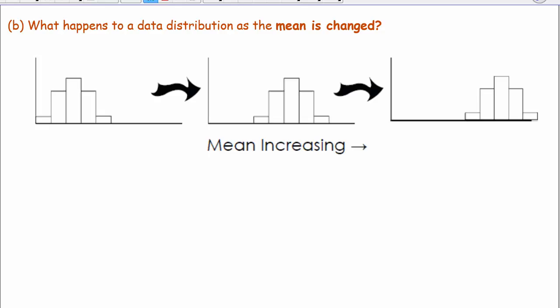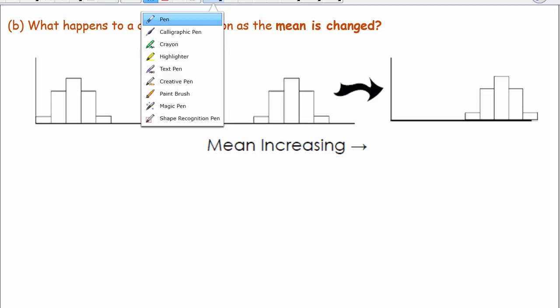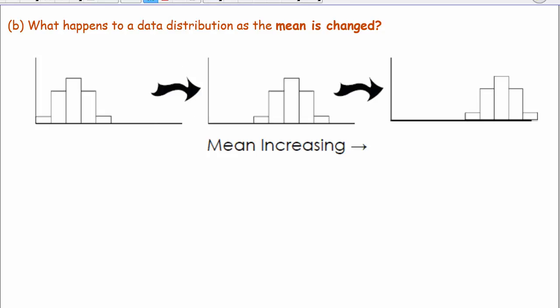In the next graphs, we want to investigate what happens to data distribution as the mean is changed. For example, as you move from the left to the right, the mean is increasing. What's happening? Obviously, we can notice that as the mean increases, the center of the distribution is shifted to the right. So as the mean increases,